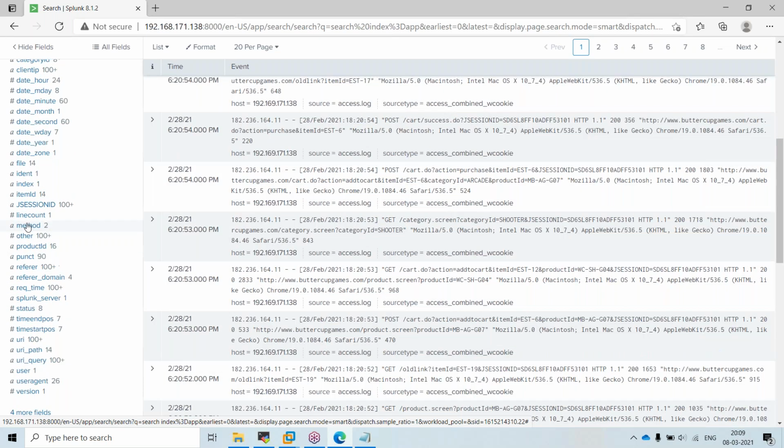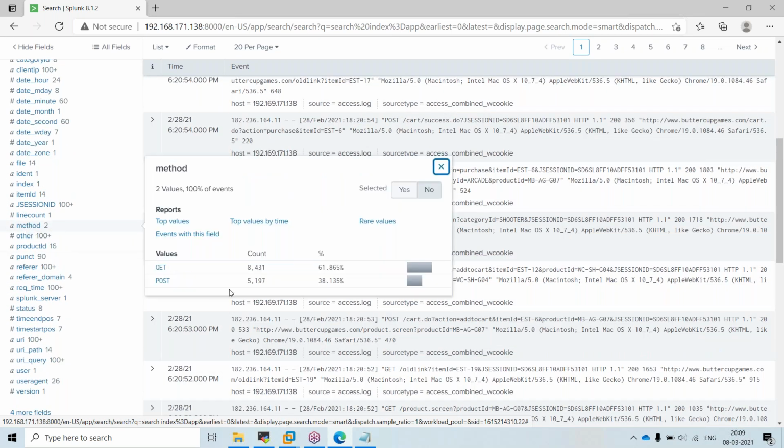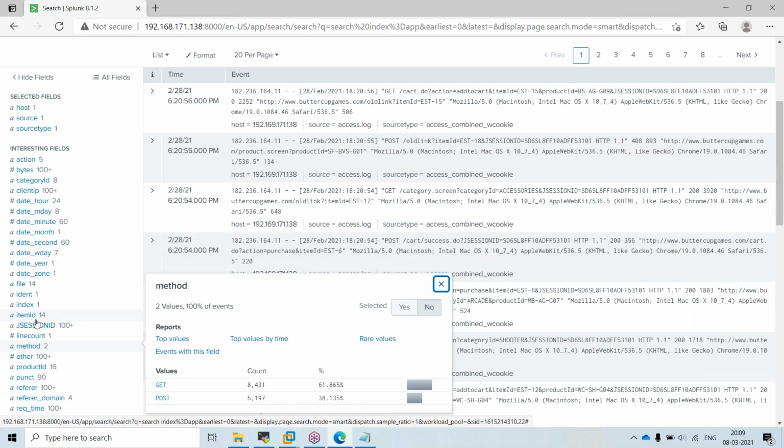If I click on this method, it shows POST and GET. Product ID and so on, these are all fields. Using these fields we will do the queries. It's like a column in your DB, but in Splunk we call them fields.